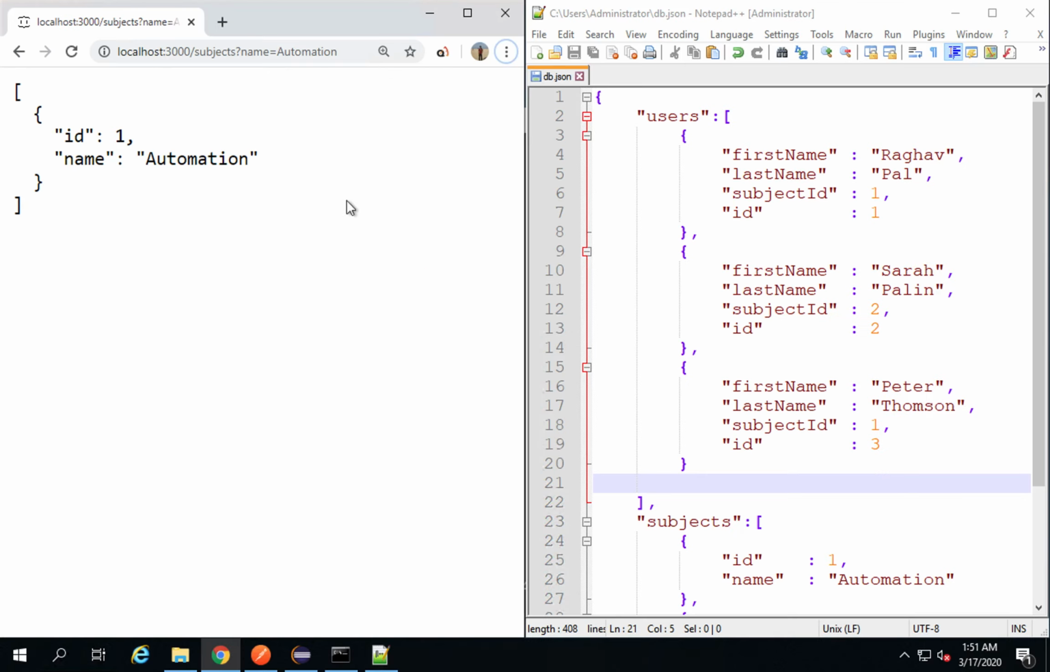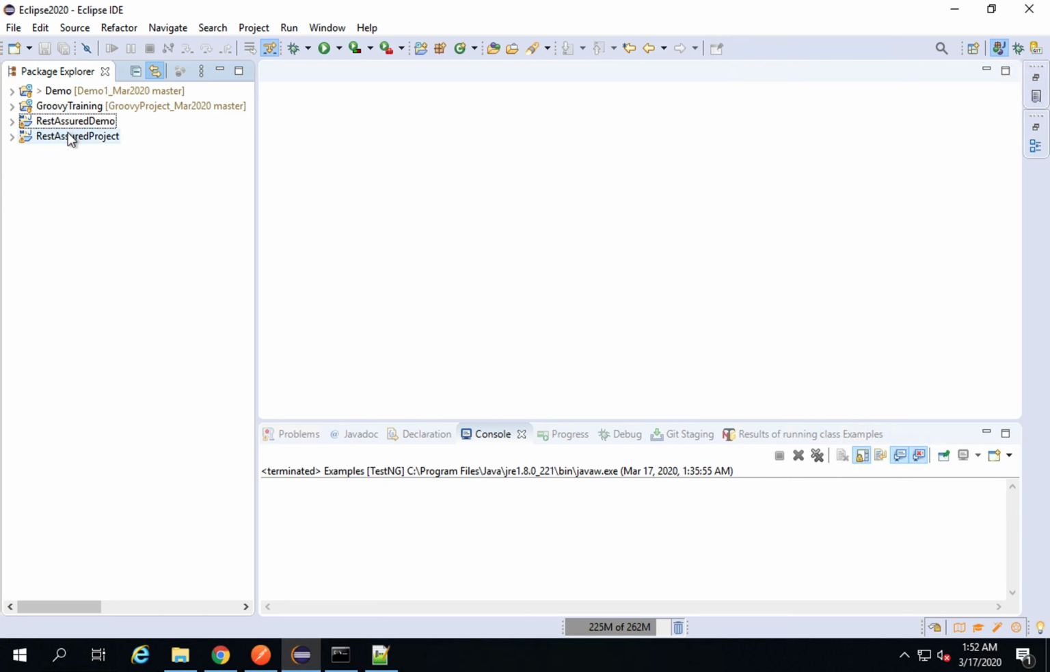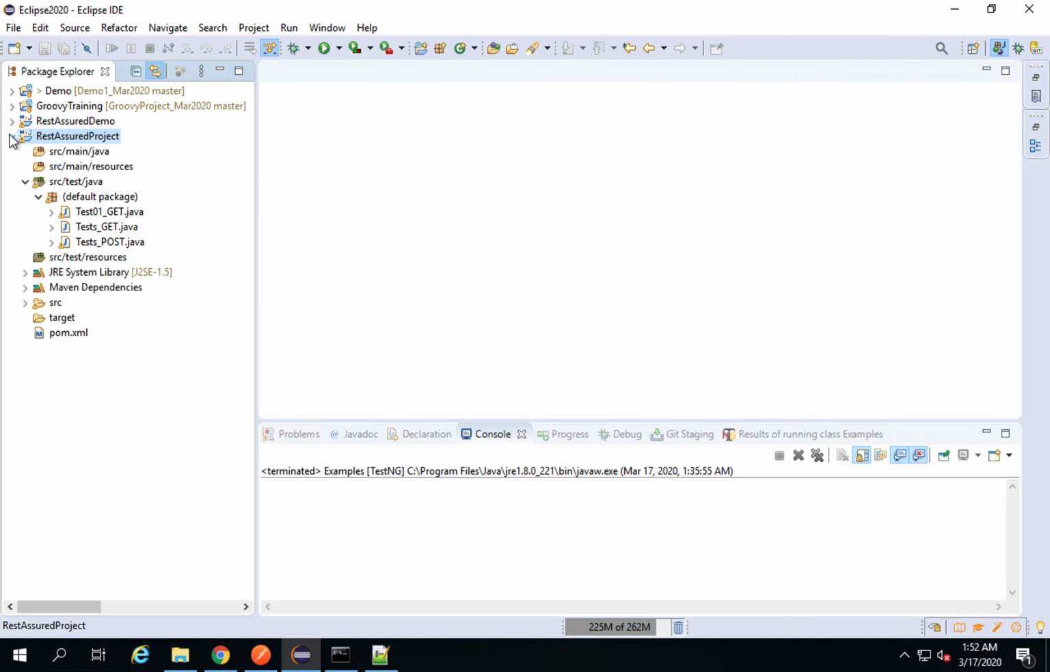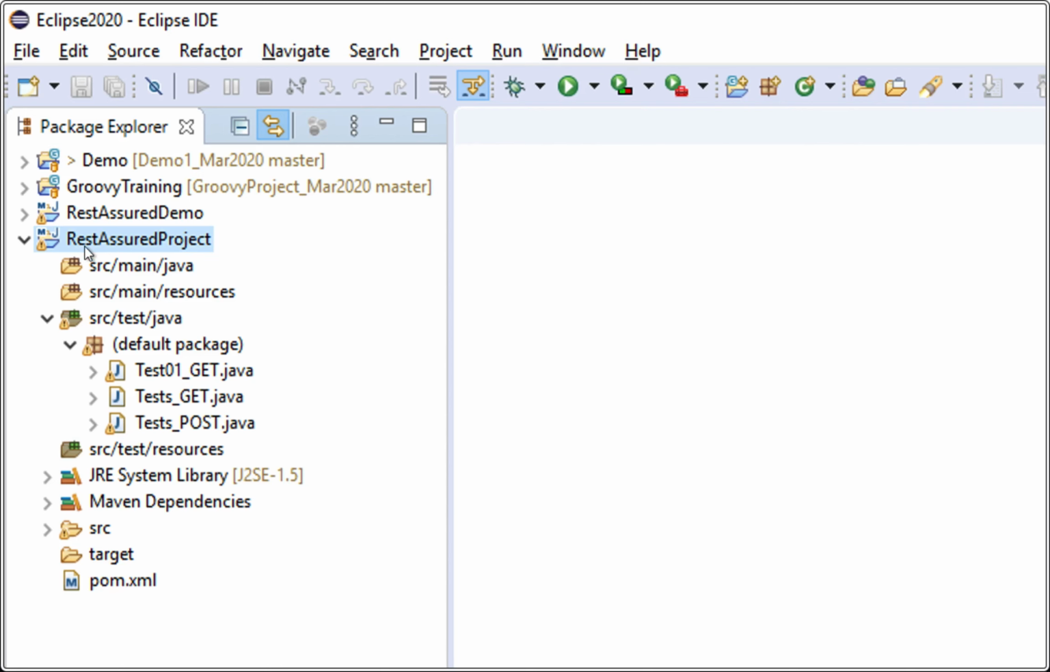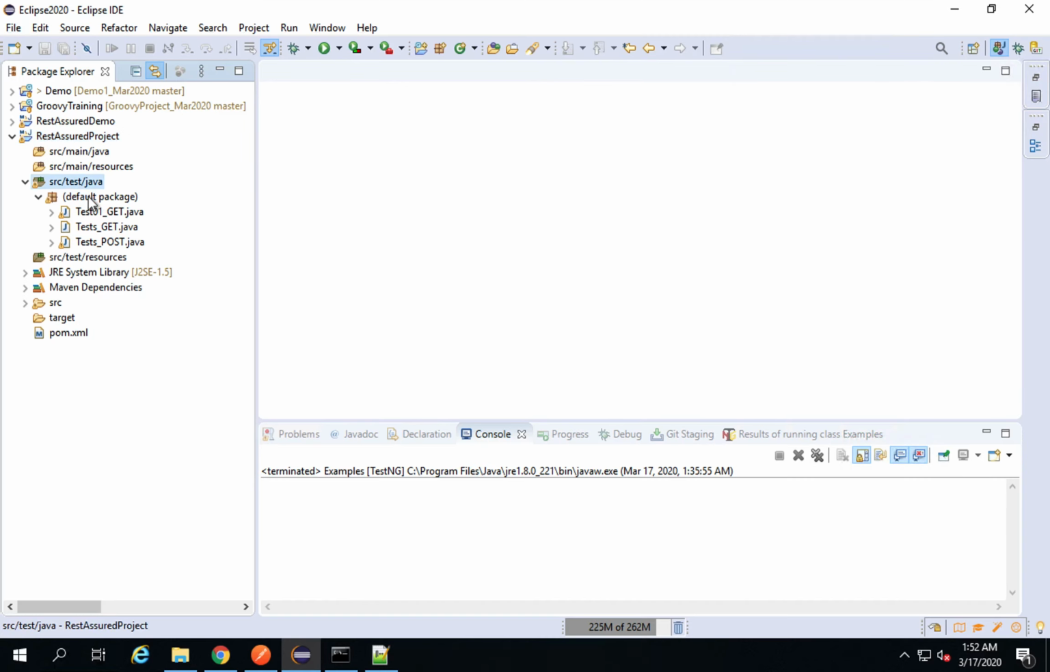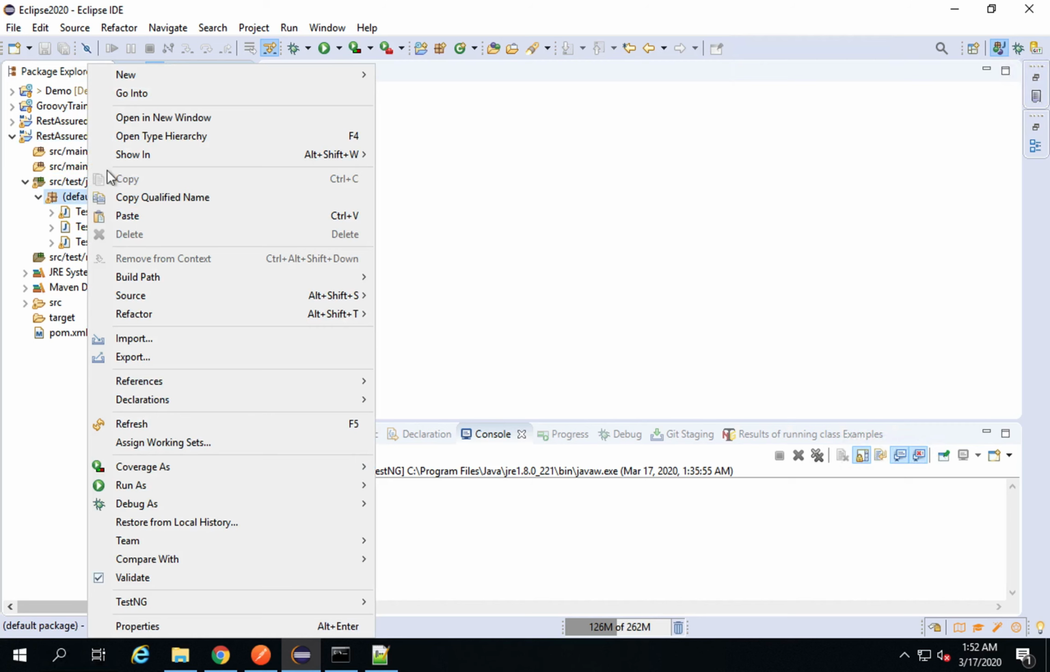So all this I can do. Now let us see how we can do the same operations, and also how we can do post, put, patch and delete operations on this API from RestAssured. So I am going to my project. This is the project we created in our last session. I will go and expand this RestAssured project, and here I will create a new class,